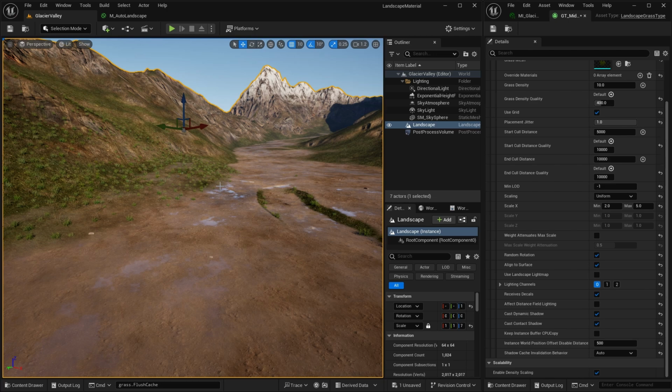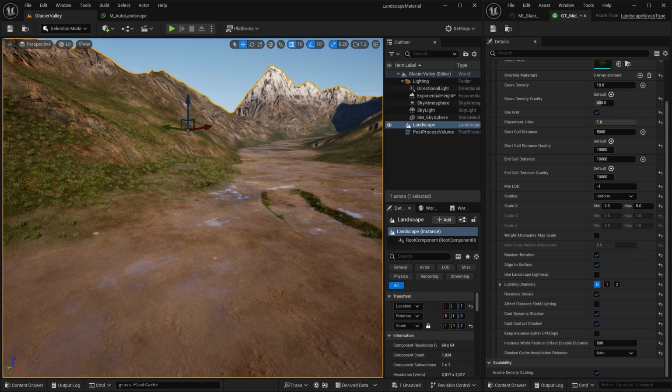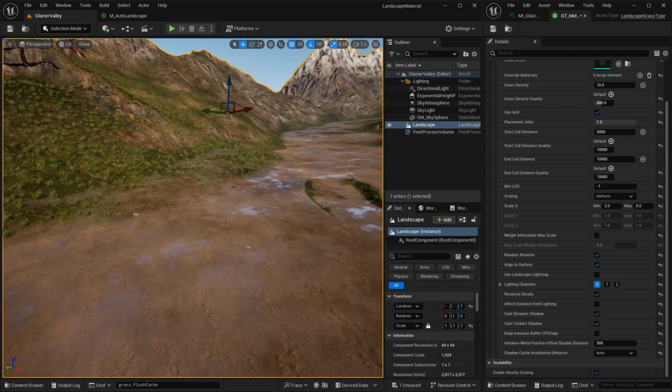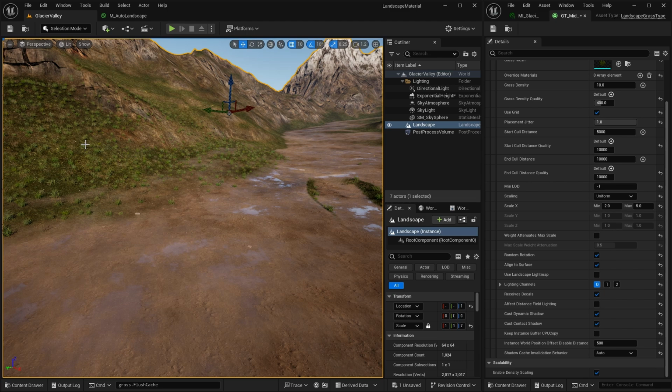This is far more flexible, arguably more complicated as well, because there's many more things you can set up in it. But it's not something you have to choose between. You can use a combination of landscape grass types to just scatter your basic items around the different areas of your landscape, and then you can use PCG to be more specific about what you want to do.